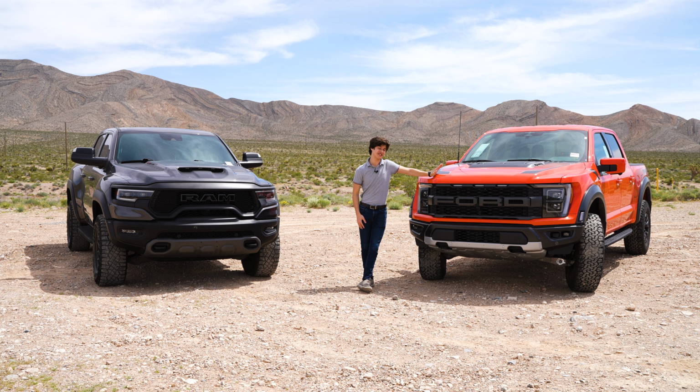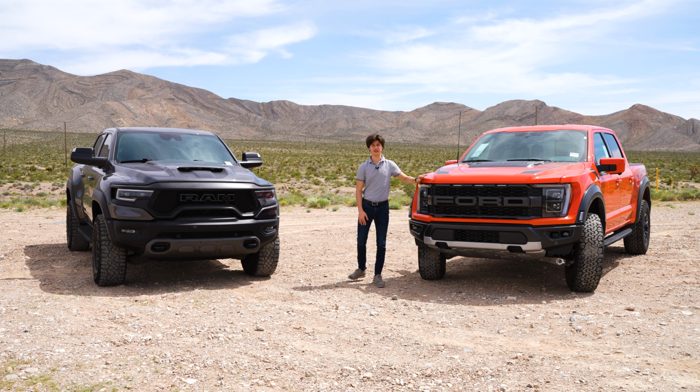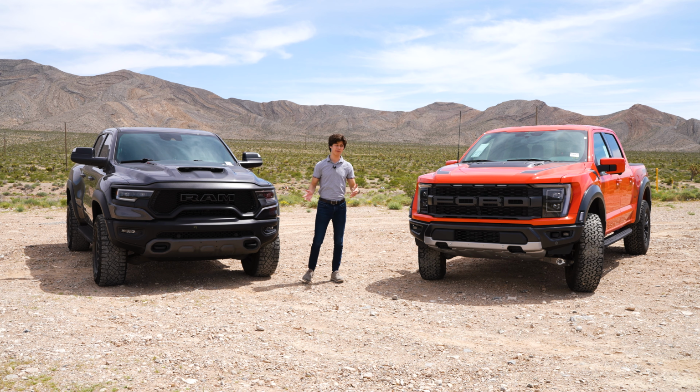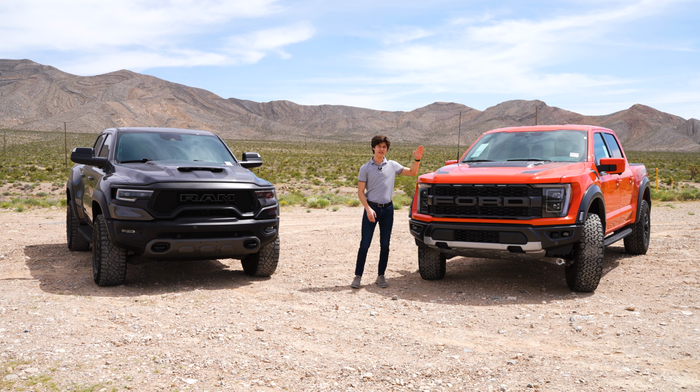And I know that's not going to concern many of you who have the money to actually purchase this truck, but it does matter. This one, fully optioned as it is with the R37 package, is $87,000. Remember, this is fully optioned out. $3,000 less is what this starts as standard. So if you're looking for something that is going to be better on the wallet, this is going to be